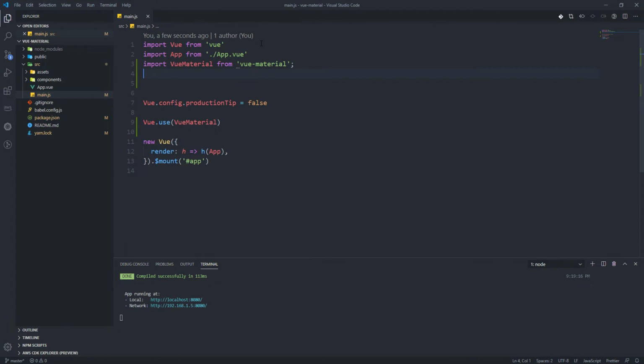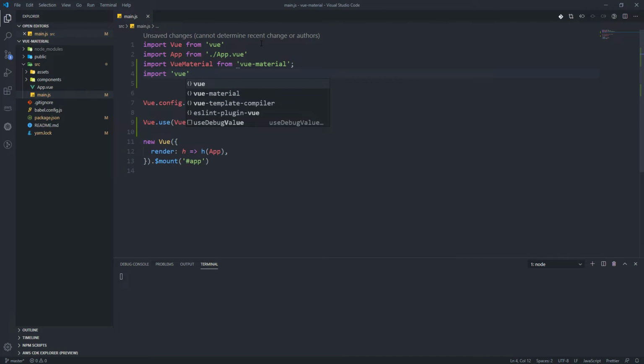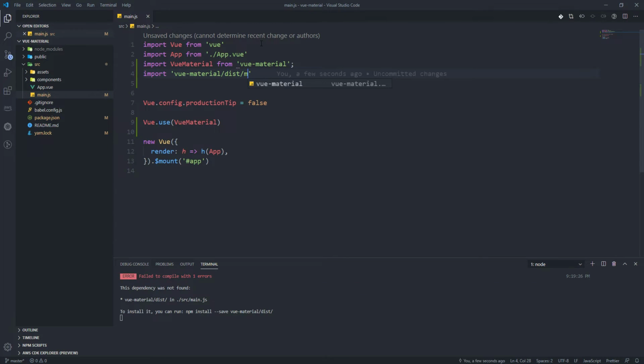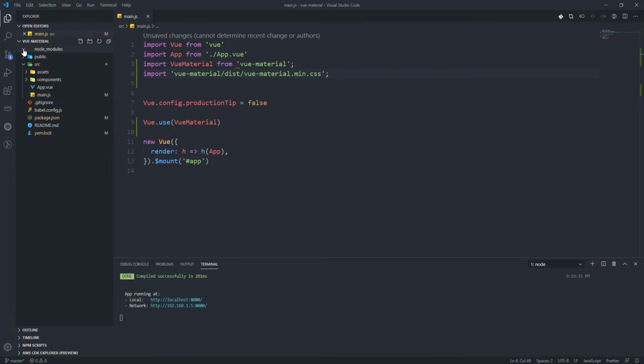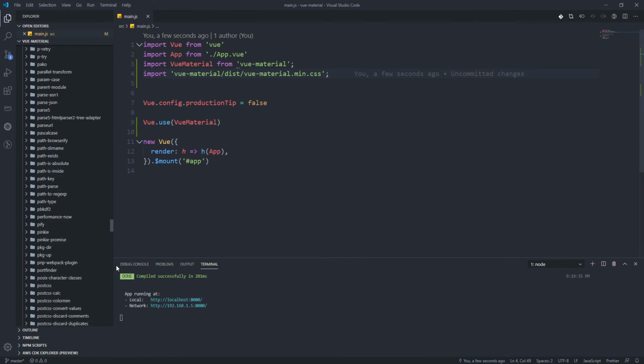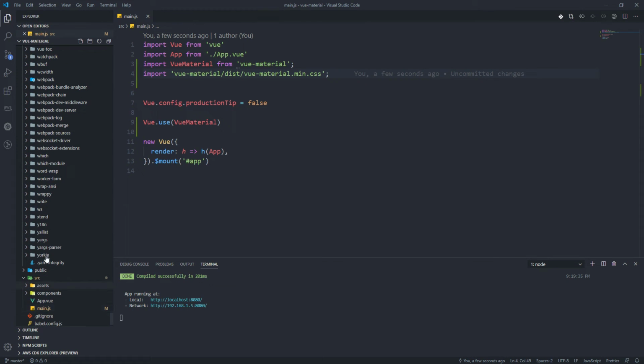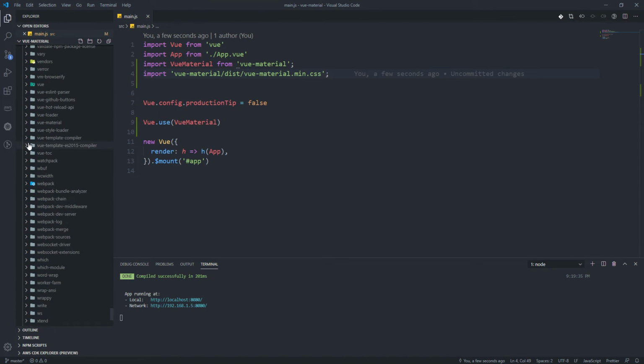After that, I need to add the Material UI CSS, which is located in the vue-material npm package, vue-material, dist, vue-material.min.css. It is a minified version of this CSS file. Let me show you the exact location of it. As you can see in the vue-material folder, this is the CSS I'm going to import in this